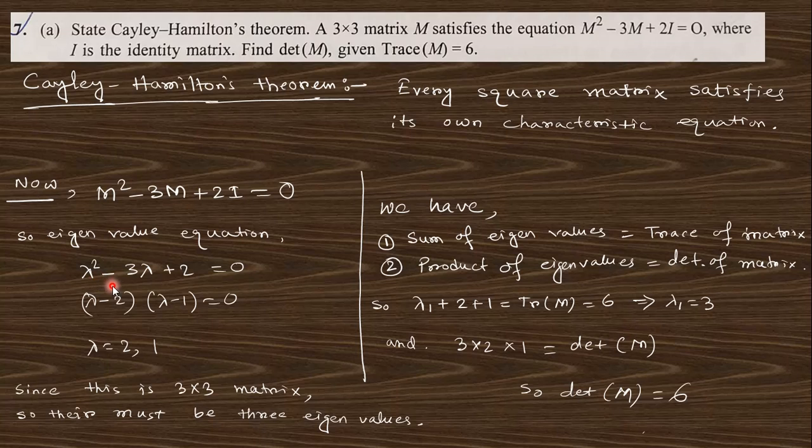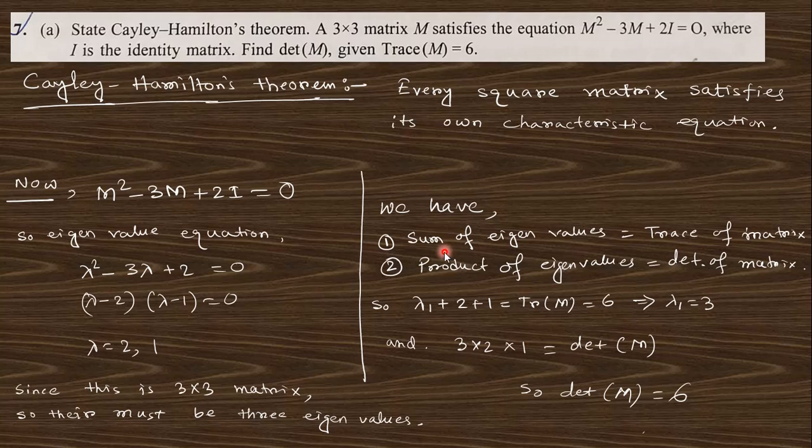So this will be lambda square minus 3 lambda plus 2, and splitting the middle term you will get the values of lambda as 2 and 1. You can say here this is a 3 cross 3 matrix, so we need 3 eigenvalues, but we get only 2. So we need to find the third eigenvalue, and for that we need to remember these two